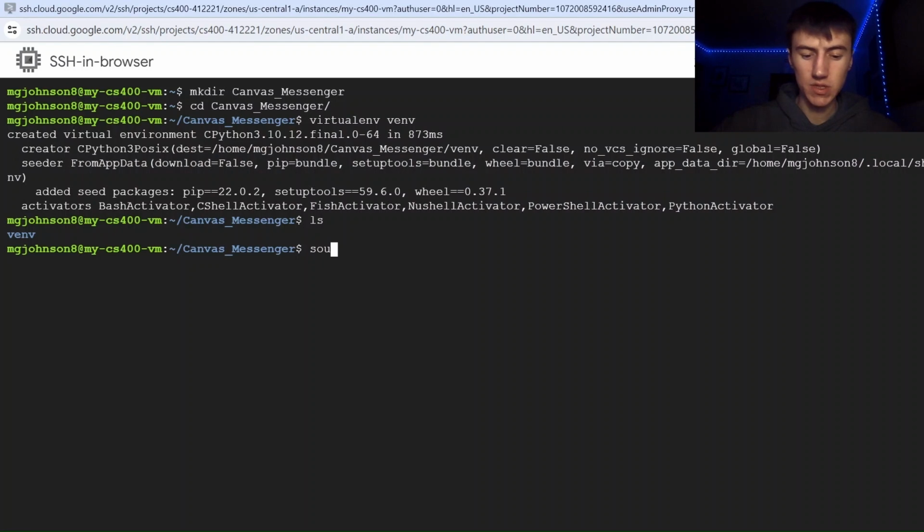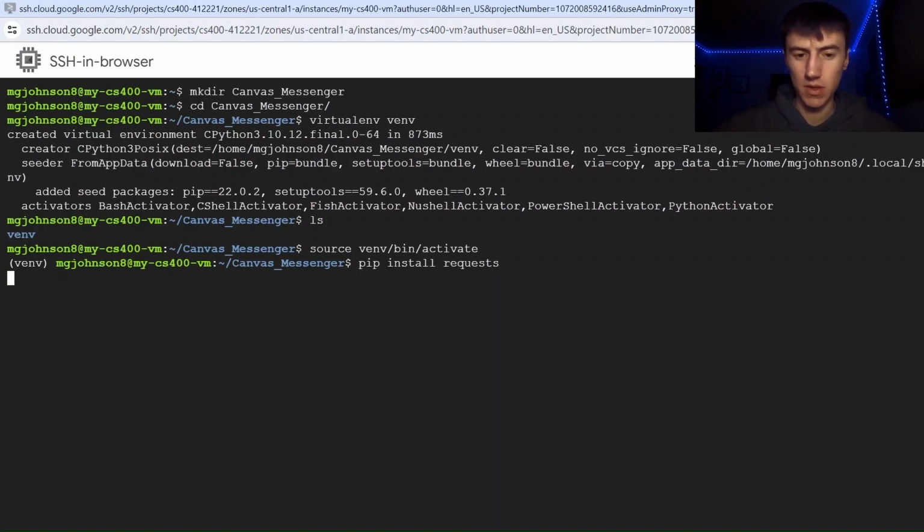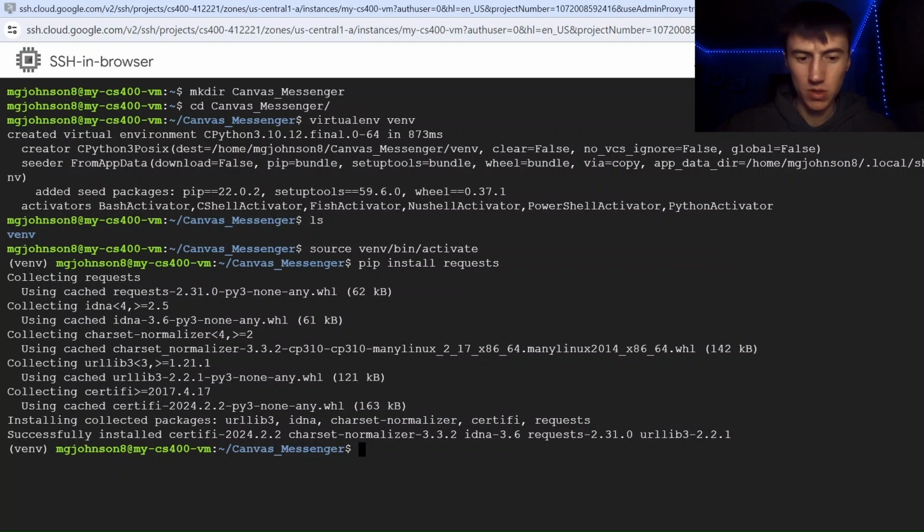So to activate this, we're going to run source venv/bin/activate. As you can see, it shows us that we've activated it. Also, if you want to deactivate, you can just run deactivate and it'll take off your virtual environment. So first of all, we're going to install some dependencies for this project. The first one is the requests library. Also, we're going to be installing